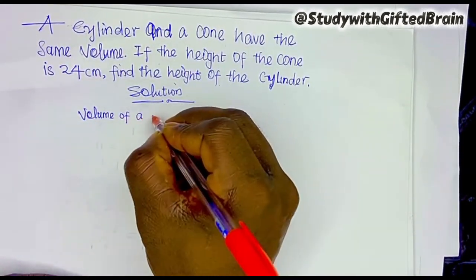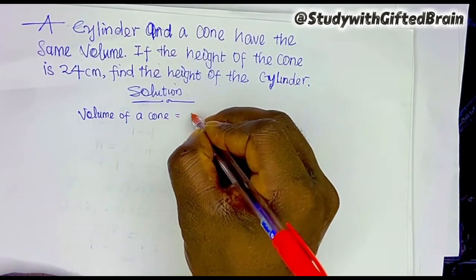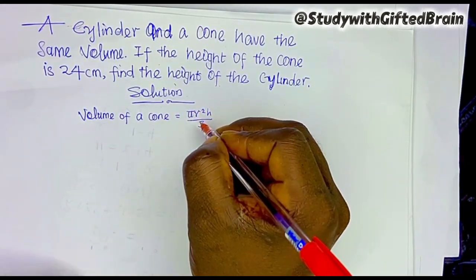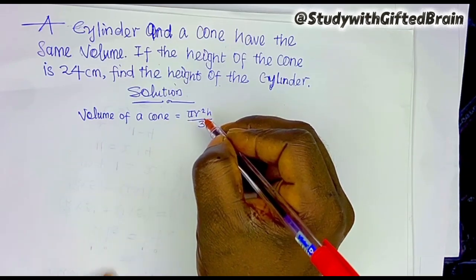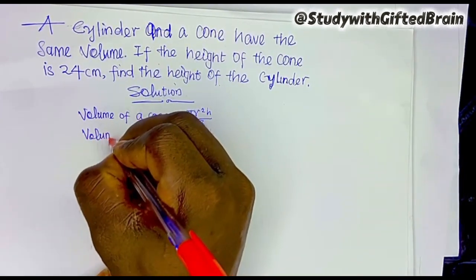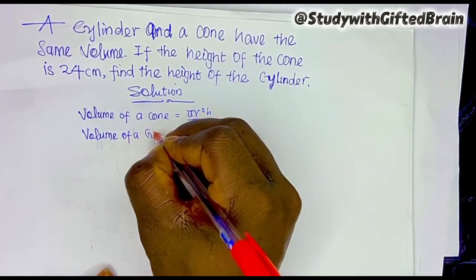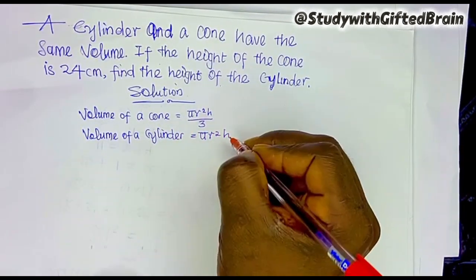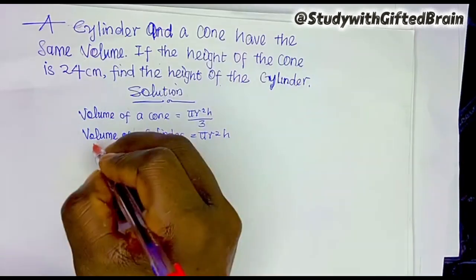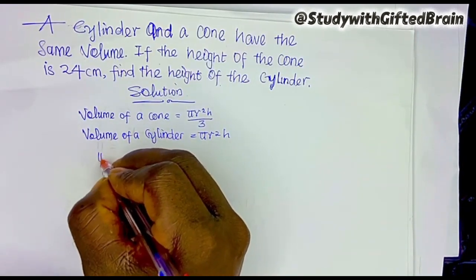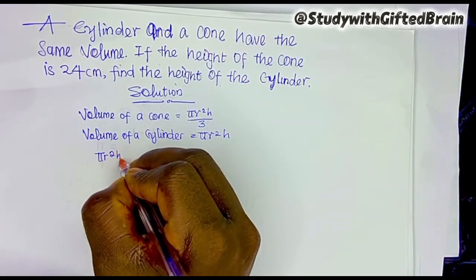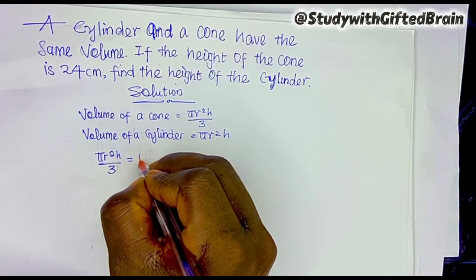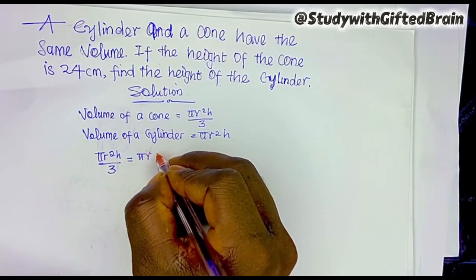of a cone is pi r squared h over 3, and the volume of a cylinder is pi r squared h. Now, since they have equivalent volume according to the question, that means the volume of a cone, which is pi r squared h over 3, will be equivalent to the volume of the cylinder, which is pi r squared